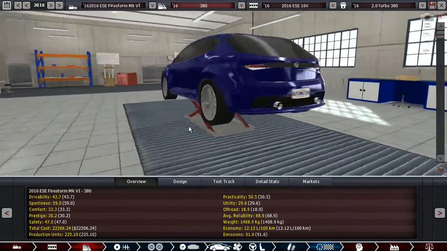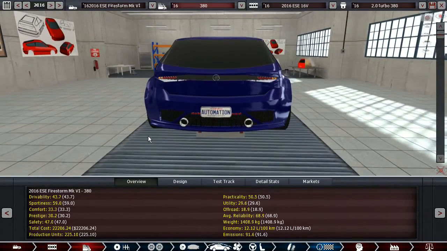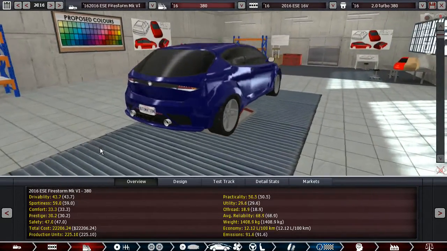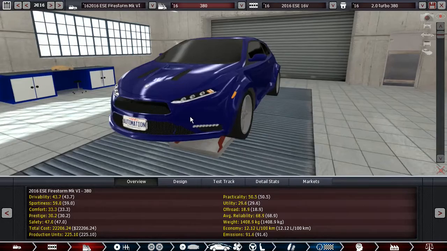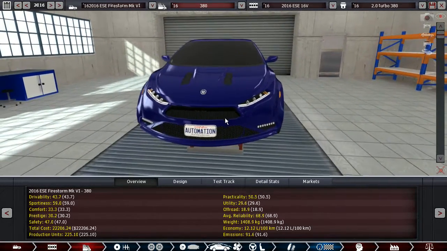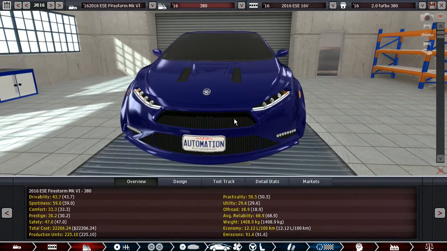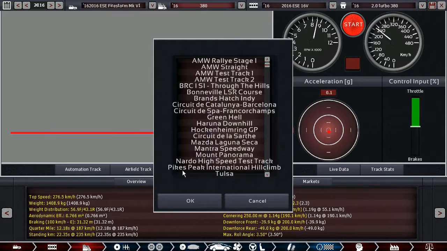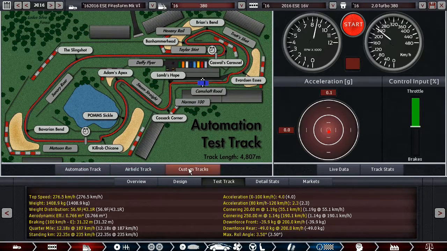Yeah. I didn't show the rear end yet. So I'm pretty happy with how the rear end turned out as well. I like it. And yeah, this is not really something you take to your daily shopping trip. I mean, of course you can, because it's a hatchback, but